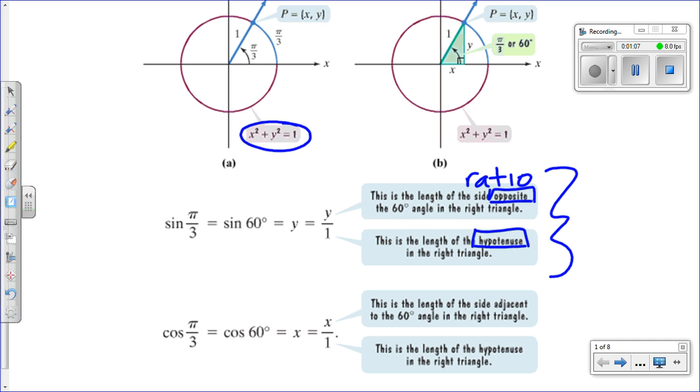So if we were to consider this angle, which is in standard position, the vertex is at the origin, the initial side is the positive x-axis, this one is the terminal side, the angle is positive because it goes in that direction, and it is pi over 3. And pi over 3 is equivalent to 60 degrees, okay? You can see that. So for that angle, if we were to draw a triangle here,